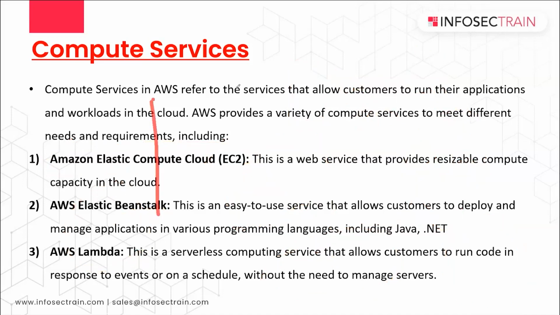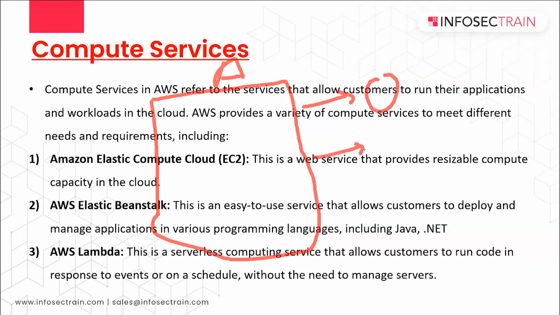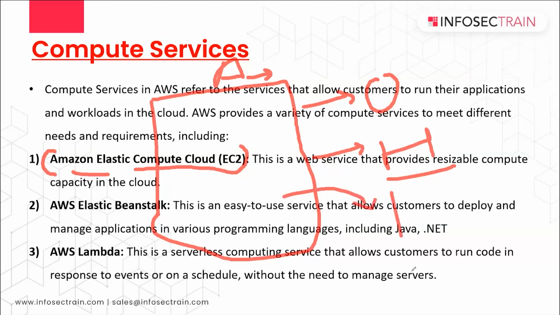For example, if this is a server, let's say server A, you can choose the operating system, like Windows, XP, Linux, or iOS, whichever operating system you want for this respective server, as well as the hardware configuration. This is only possible through this particular service, Amazon Elastic Compute Cloud, EC2. It provides you complete control over how you are deploying it and where you are deploying it. You can even control where you deploy this, because there are multiple regions which are present in the